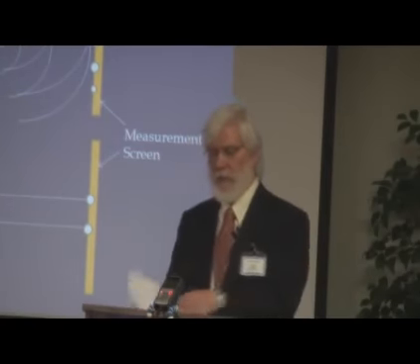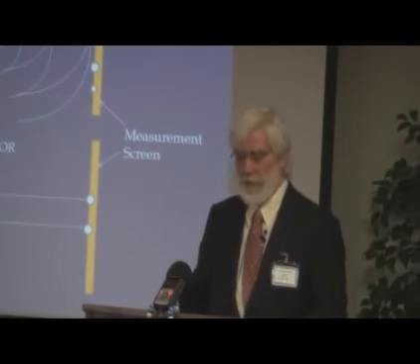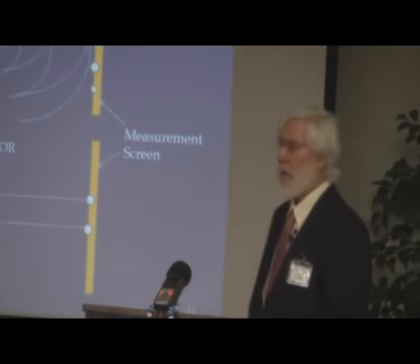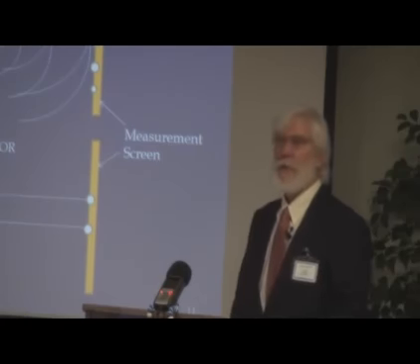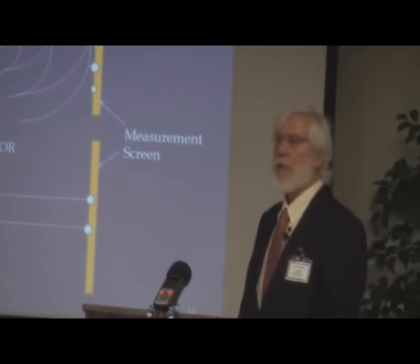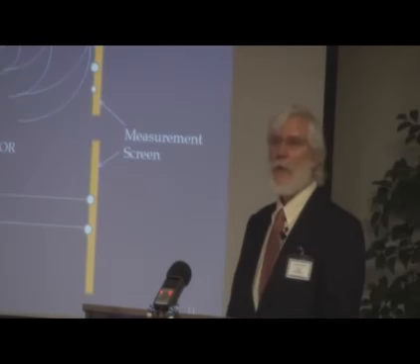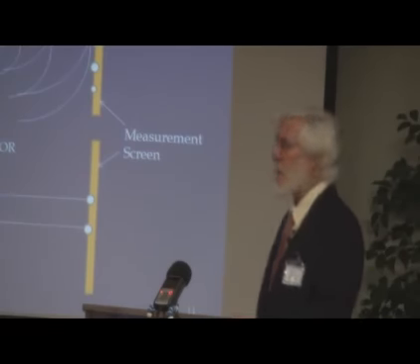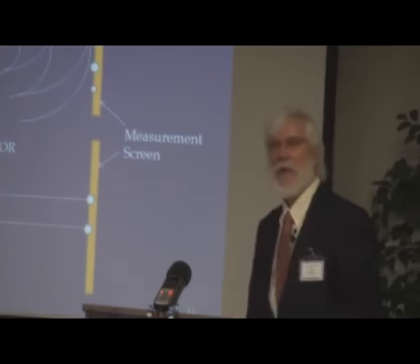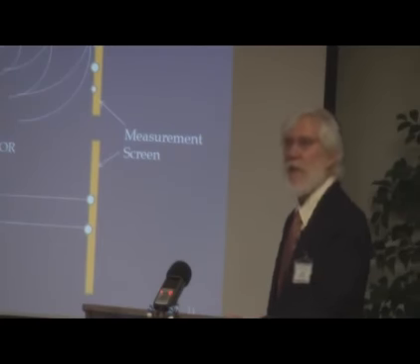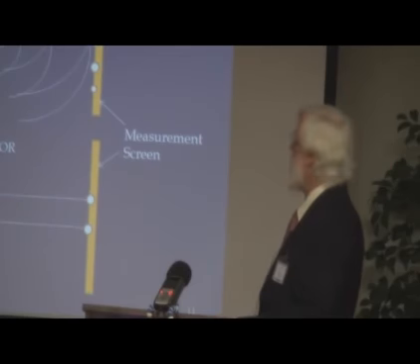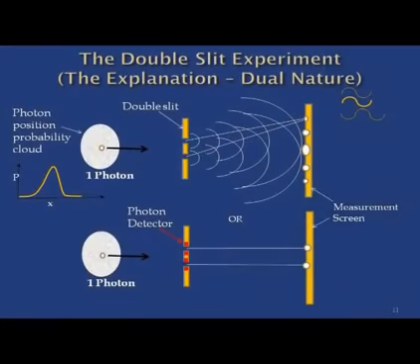Okay, the next one. Here's how that works. A bright young guy named Erwin Schrödinger, German, he was a graduate student, and if you'll notice in physics, most of the big breakthroughs occur with young people because they haven't been in the system long enough to understand what's impossible. So they're still open-minded. They can still think out of the box because they haven't gotten educated enough not to be able to do that. So what he said is, well, look, these things come through here one at a time.